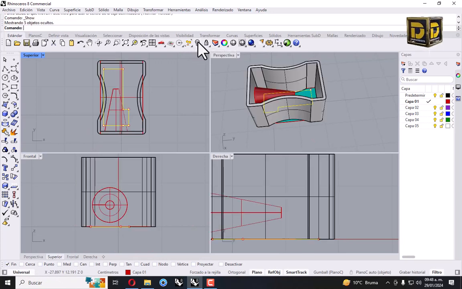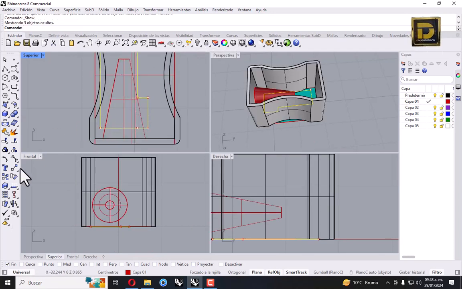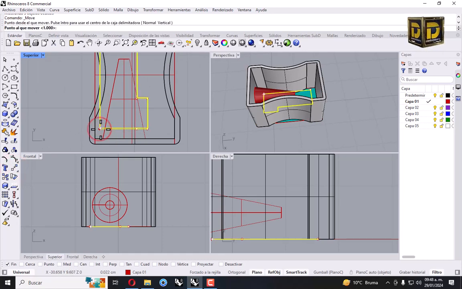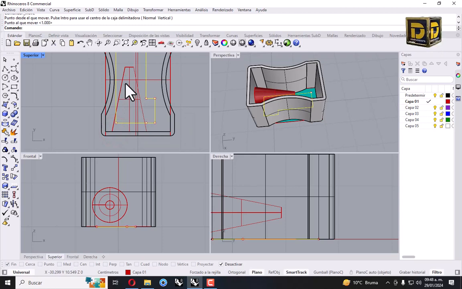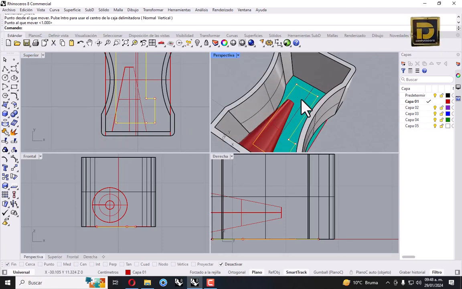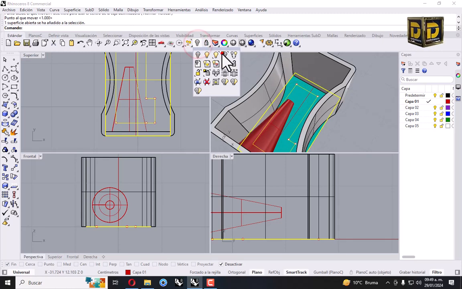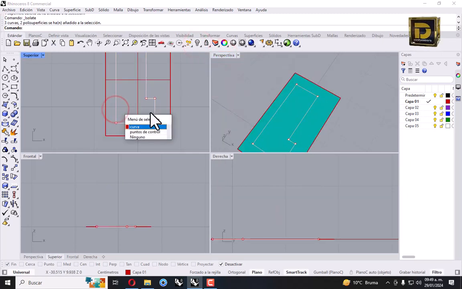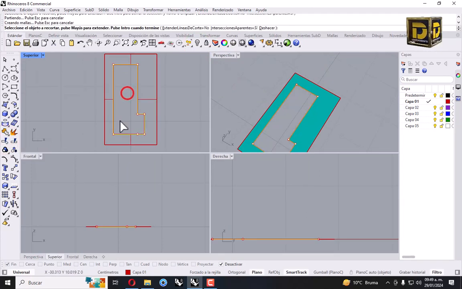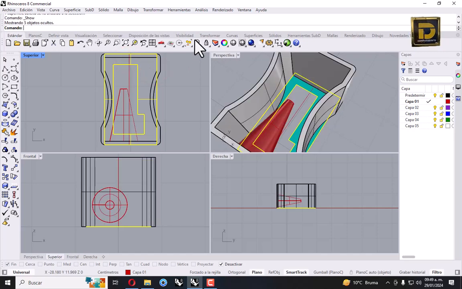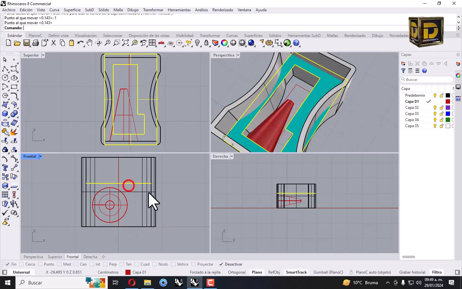show your objects, and we need to move from here to this part, like this. Okay, we're going to select this curve and this surface, go to isolate, and we need to trim. Let's trim right here. Okay, show objects, and we need to move from any point one unit, just here, and we